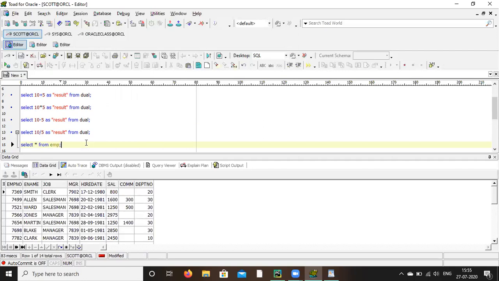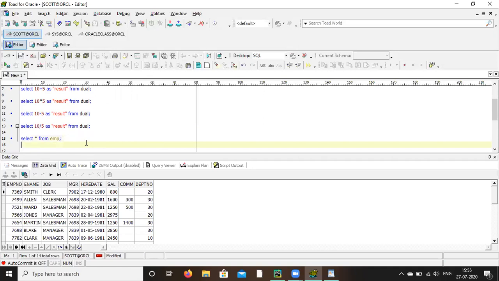Now I want to select only name and salary from here. Name means what is the column? This is ename. From EMP, write it in the next line.